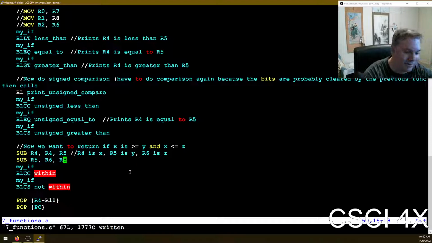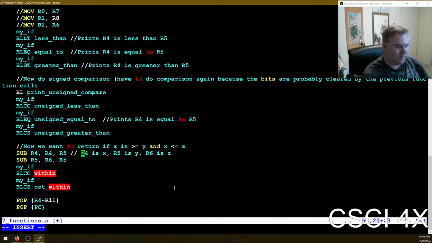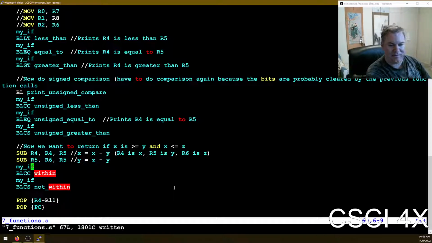It's trying to check if y is greater than z. It is subtracting z minus y, but it's comparing R4 and R5. So it's comparing the result of this, right? So this is saying x is equal to x minus y. Leave this here. And then we're saying y is equal to z minus y. And then it's going to compare